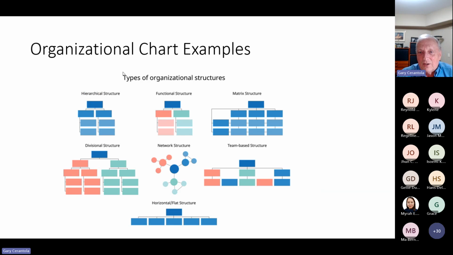Okay, so here are some organizational chart examples. I'll try to explain them in a different way here. Hierarchical structures are mainly to do with a mechanistic type of organization. In those kinds of examples, you have the police service, fire service, a hospital, because of the risk to people's lives and property. So there has to be unity of command in most cases, all right, and